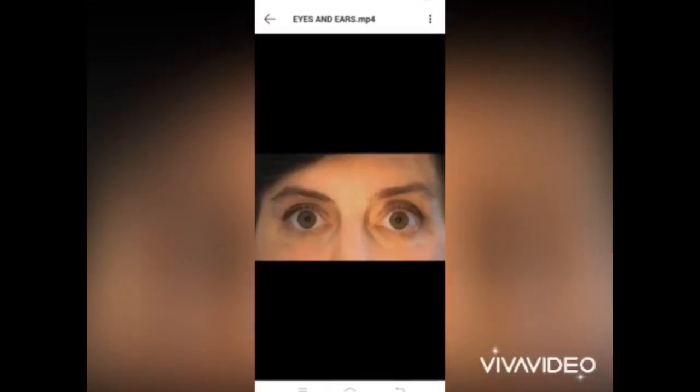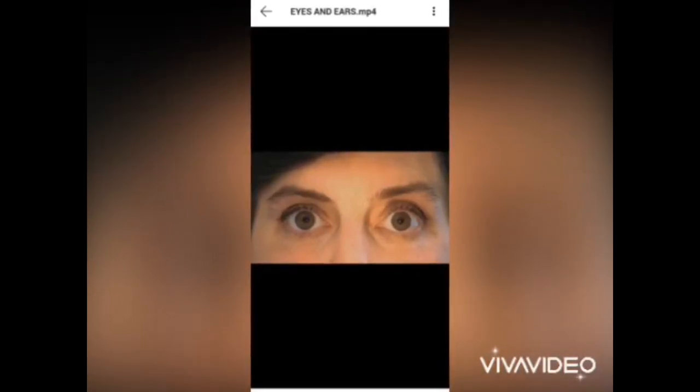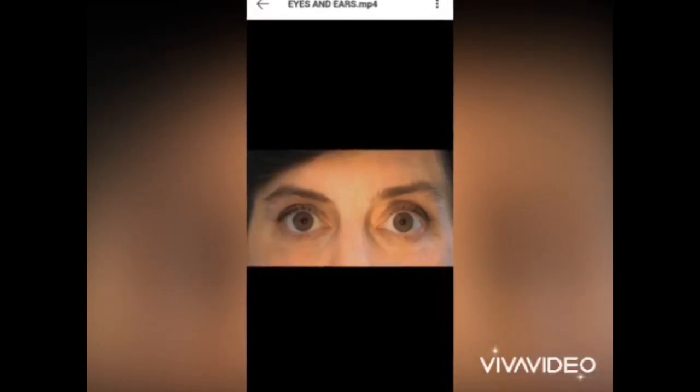Now, test the pupillary reactions for the eyes. First, darken the room. Then, shine the light obliquely into each eye. Now look for the direct reaction, the pupillary constriction in that eye, and then quickly swing the light to the other eye for the consensual reaction, which is the pupillary constriction in the opposite eye.